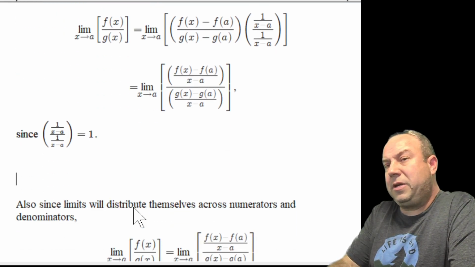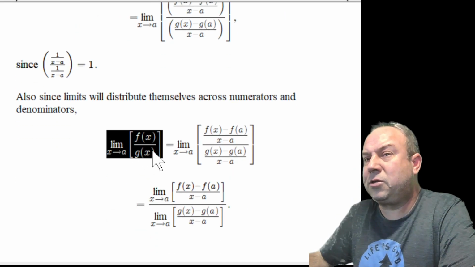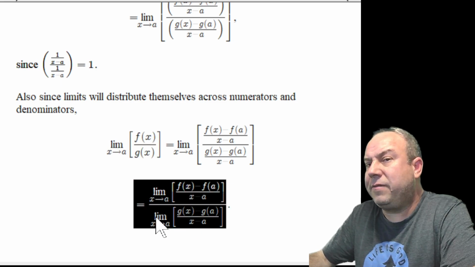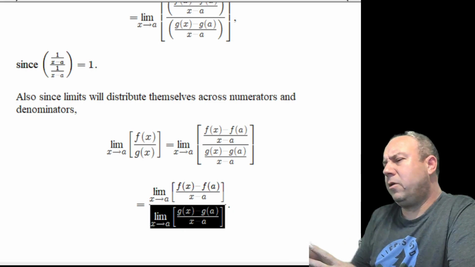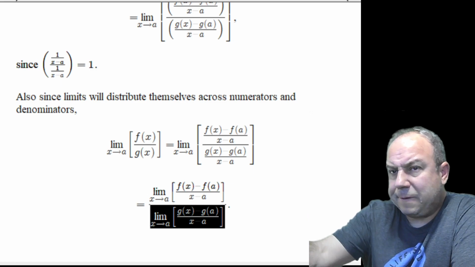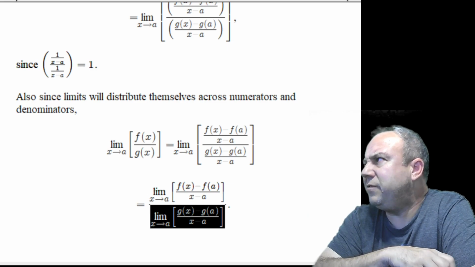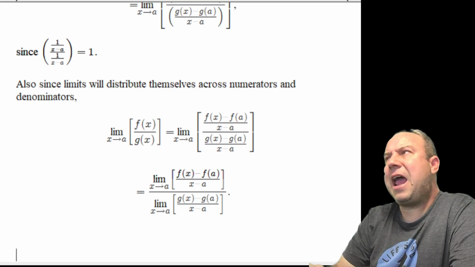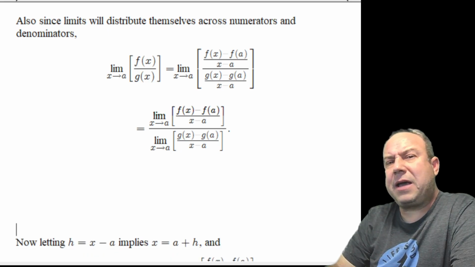Since a limit will distribute itself across numerators and denominators, we can then go on to say that that limit as x approaches a for f of x over g of x must be this limit that we see in the numerator divided by this limit that we see in our denominator. Where those two limits might look familiar. When we had talked derivatives as rates of change, you might recognize those as average rate of change calculations with a limit applied to them. Where back in our case for